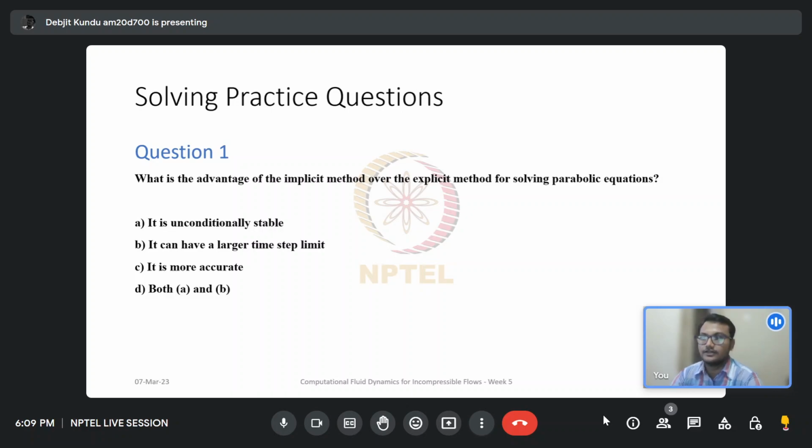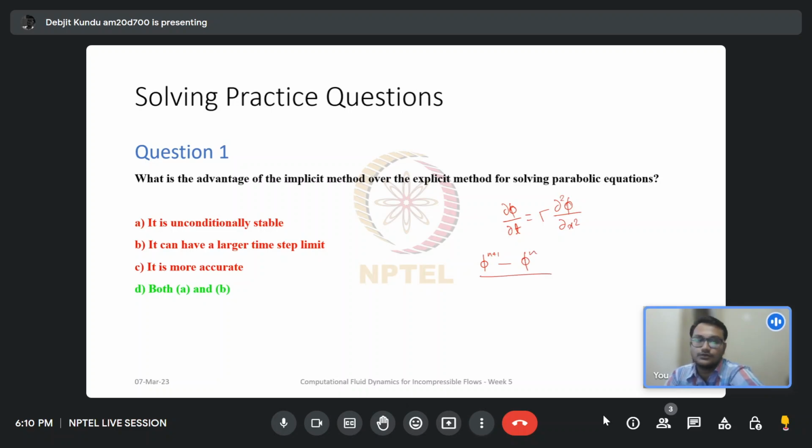So let us have a look at the solution. The solution is option D, which is both A and B. So what we do in the implicit method is that, let's say we take the model parabolic equation which we saw in the lecture. It's something like ∂φ/∂t equal to some diffusion coefficient gamma into ∂²φ/∂x². Now there are various ways of discretizing it as we saw, and one of them would be we will take something like